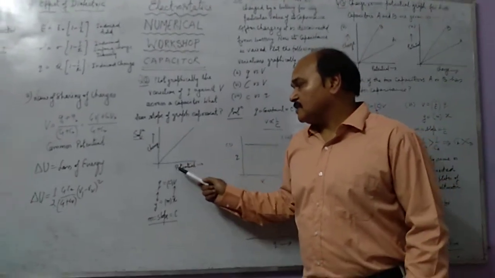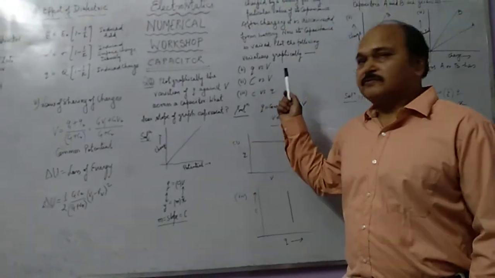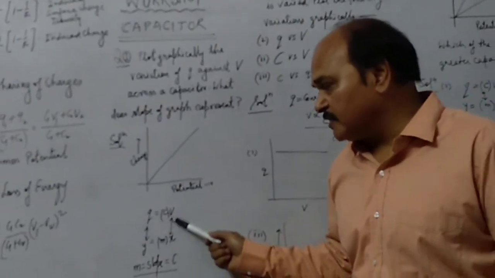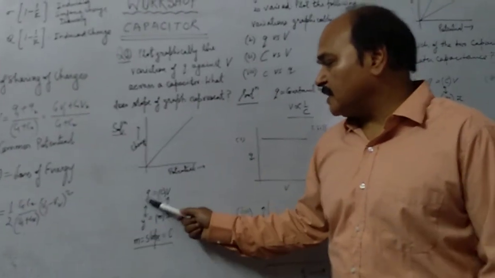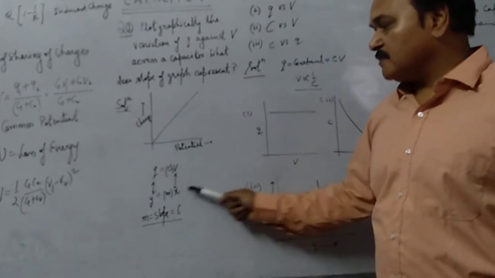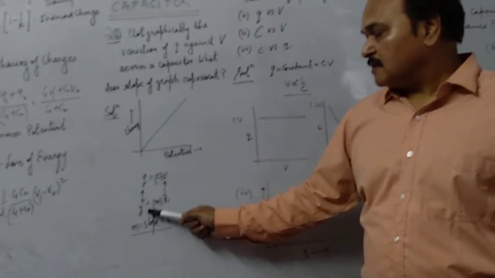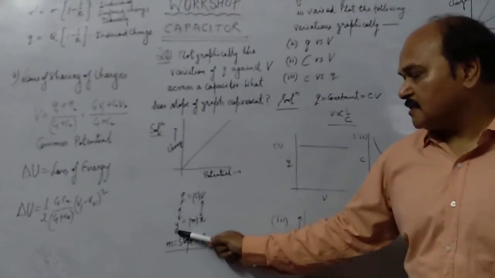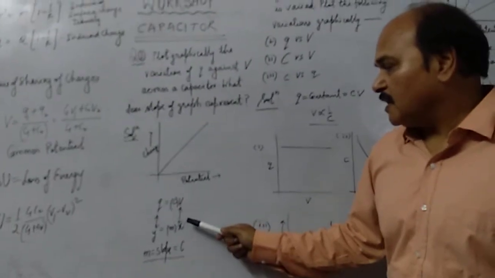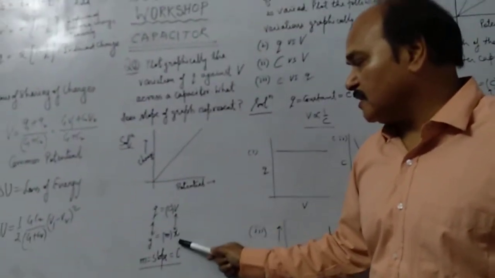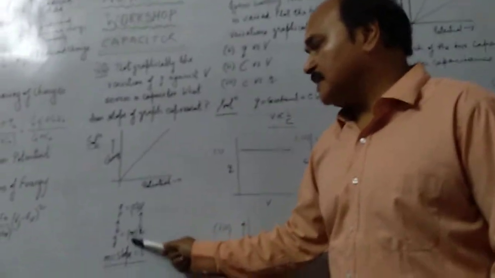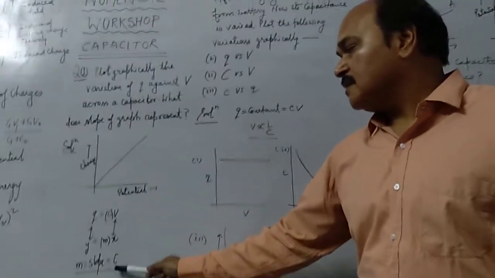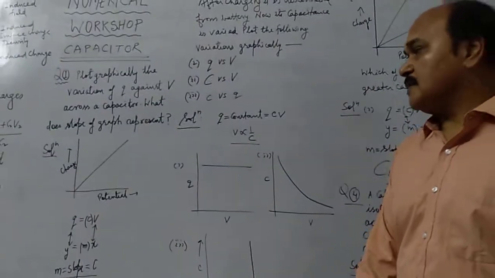So the Q versus V graph is a straight line graph. Why is this graph a straight line? It is simply because Q = CV. Along the y-axis we have Q and along the x-axis we have V. So it is a straight line, y = mx. Now see, the y-axis is replaced by charge Q and the x-axis has the quantity V, potential. Therefore, the slope m is nothing but C. The slope of this straight line, which is the graph of charge versus potential, is the capacitance of the capacitor.